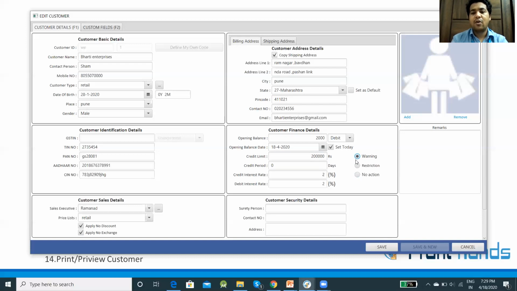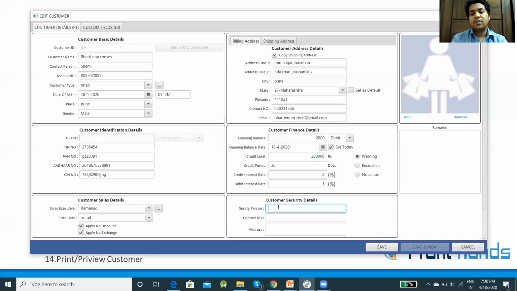So I'm selecting that a warning should be given. Then the credit period, mostly 30 days. Then you can flexibly change the credit interest rate and debit interest rate as per your requirement. So if you want to put one, you can give it over here, as per your policies.